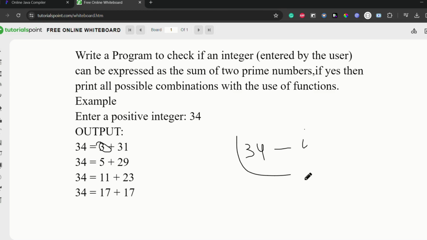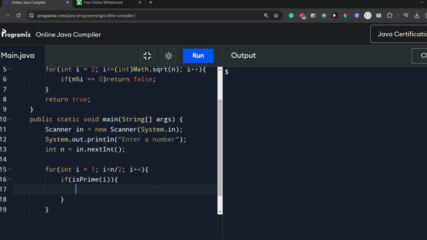If my I is a prime number and this is also a prime number, the sum of these two numbers is nothing but my number. I'm just going to write this logic here. If my I is a prime number, I'm also checking if my number minus the prime number is also a prime number. At that time I'm going to print